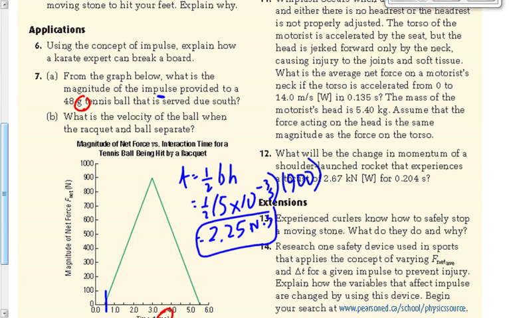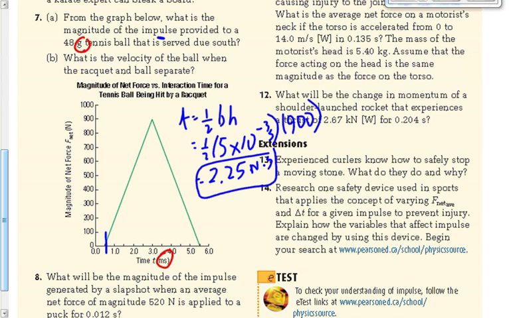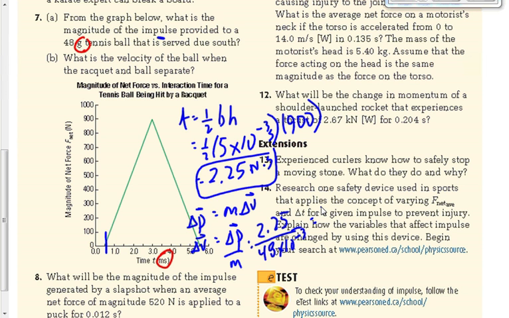We're going to find the change in velocity, which will be the same thing as the final velocity here, since it starts at rest. So let's get delta V. We're going to do that by saying delta P is equal to m times delta V, rearranging. I get delta P over m. I get 2.25 over a mass, which is 0.048, or we could say 48 times 10 to the minus 3. What do we get when we do that? We get 46.9 here, or we could round that to 47 meters per second. So 2.3 Newton seconds for the impulse and 47 meters per second for